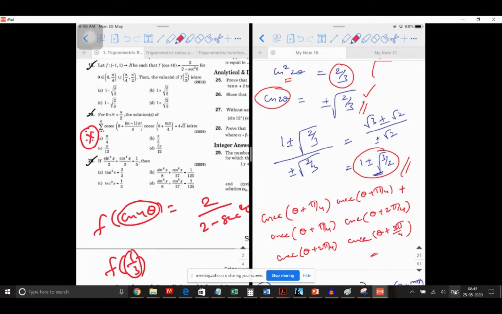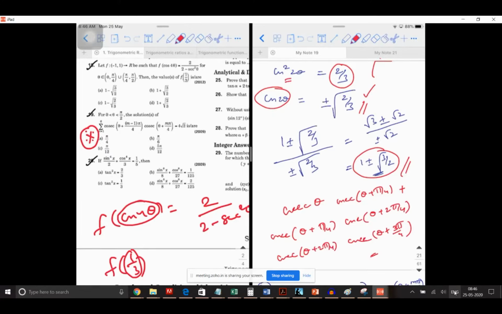Sir, if we substitute m is equal to 1, then it will be cosecant theta and cosecant theta plus pi by 4. Yeah. So cosecant theta into cosecant theta plus pi by 4 plus it keeps on going like this. It is difficult for us to handle this kind of scenario because it is cosecant into cosecant. It's not even sine into sine, where we can apply the concept of multiplication and division by 2.